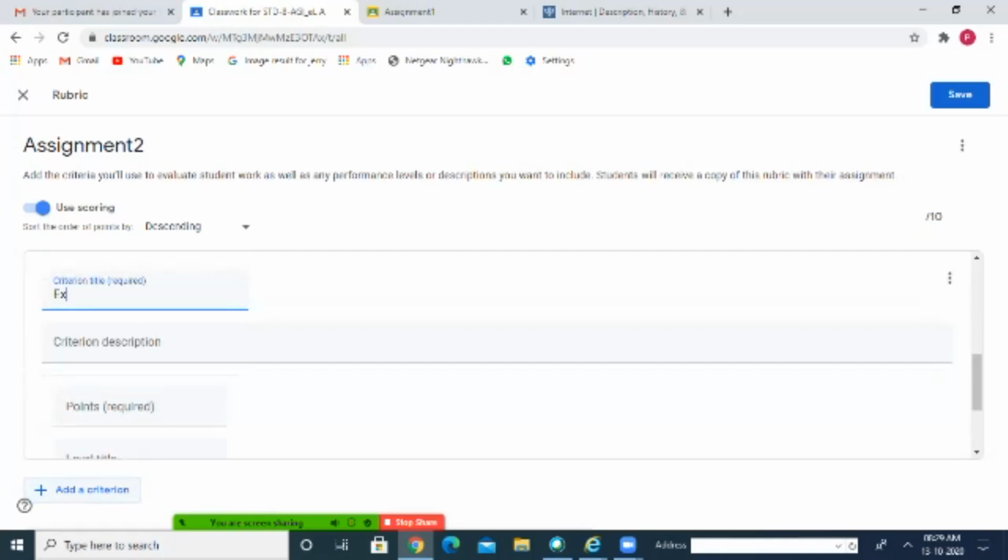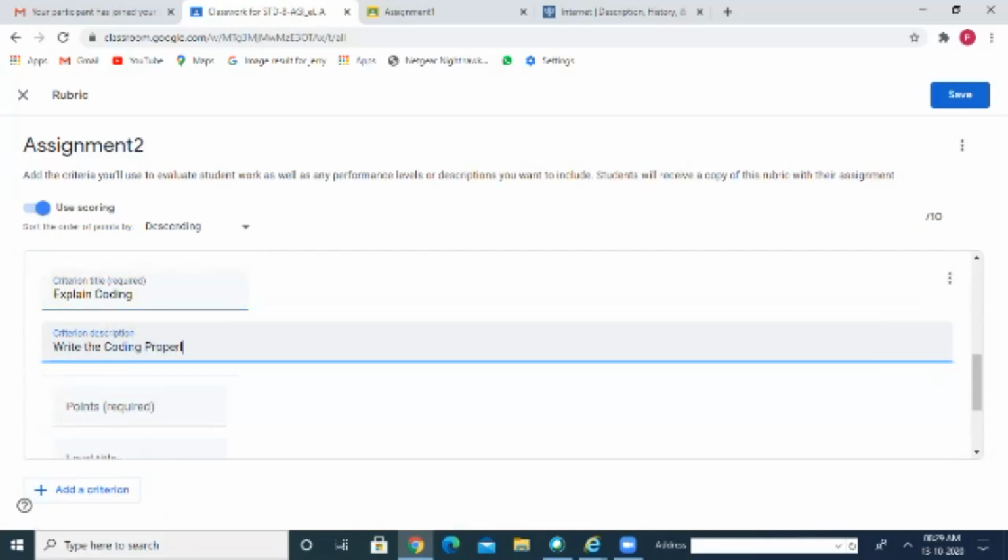Suppose, explain coding. Here I write: write the coding properly. By this, students will come to know what things they have to cover under the assignment, and how many marks those things carry.